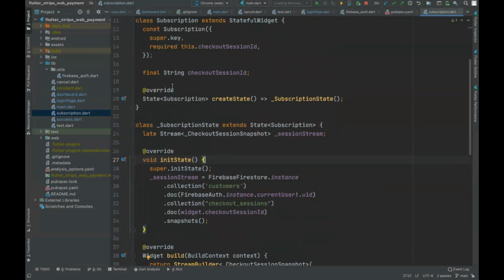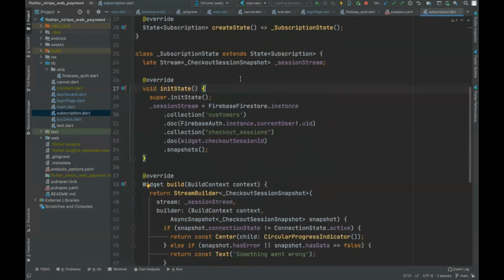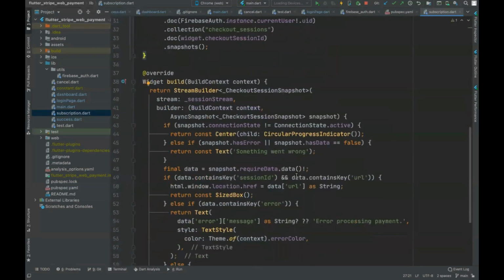We are sending the checkout session ID from the dashboard page to the subscription. Here in initState, we are retrieving the values from the customer collection and checkout sessions, basically, and we are checking here if the